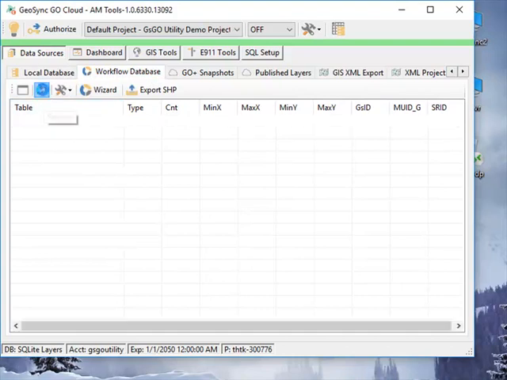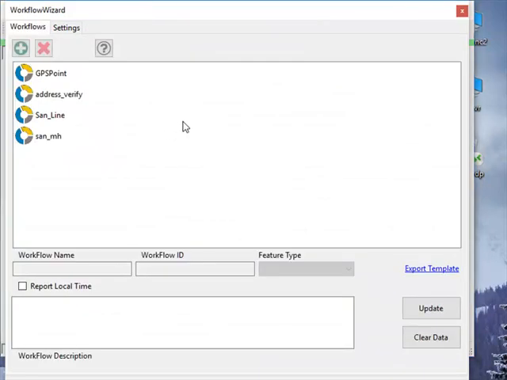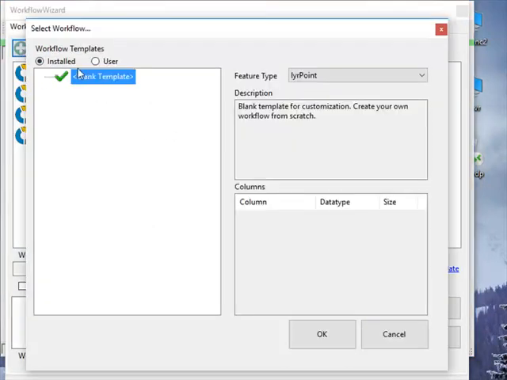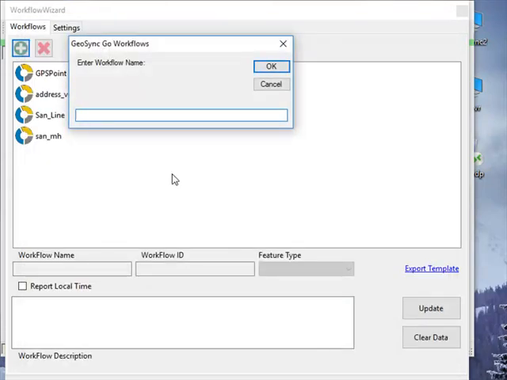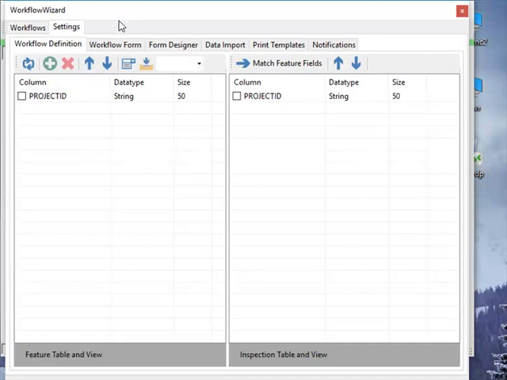and we can refresh the screen so we see what other workflows have already been set up. I'm going to go to the workflow wizard, and we're going to create a new workflow. Open here, click OK, and then we're going to call this GPS hydrant. From here, select GPS hydrant, go to settings, and then from here we're going to create and update a table, and I'm